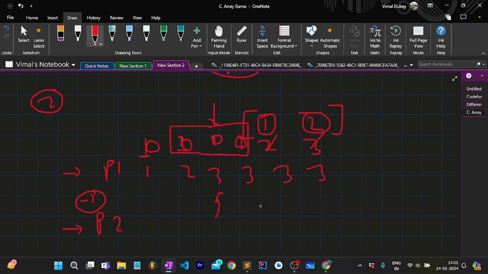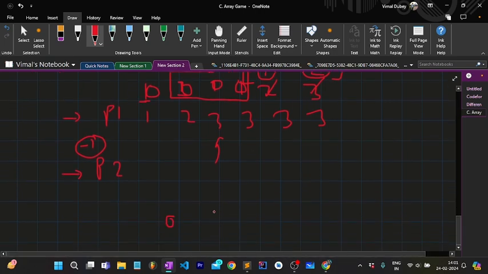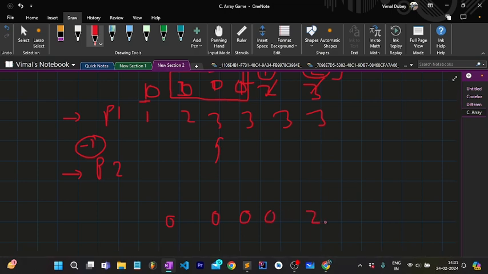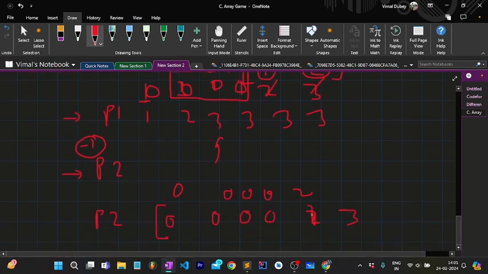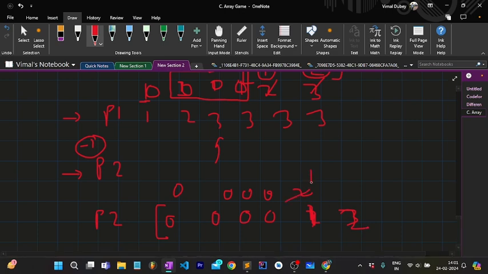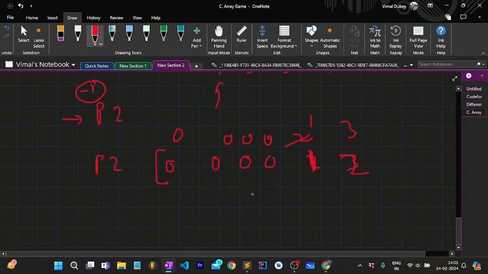Okay, so for example, the above array is 1 0 0 0 after placing 1s, 2 and 3. So this is denoting that P2 will be created as 0 0 0 0, and this is 1, actually 1, and this is 2. So it will be 1 and here it is 3. So it is denoting that if I consider the complete array,